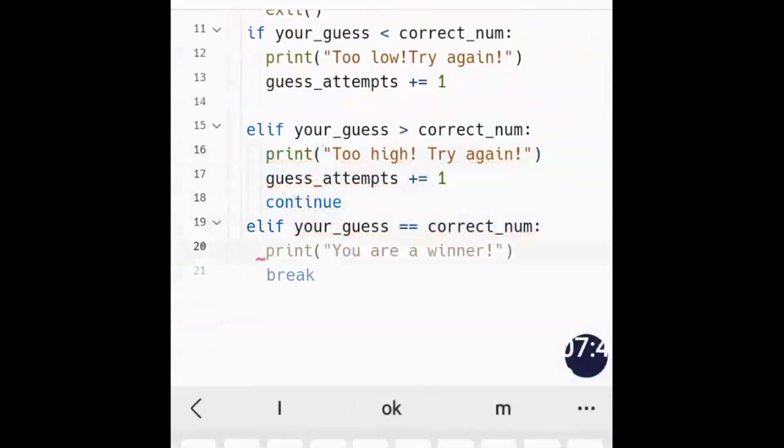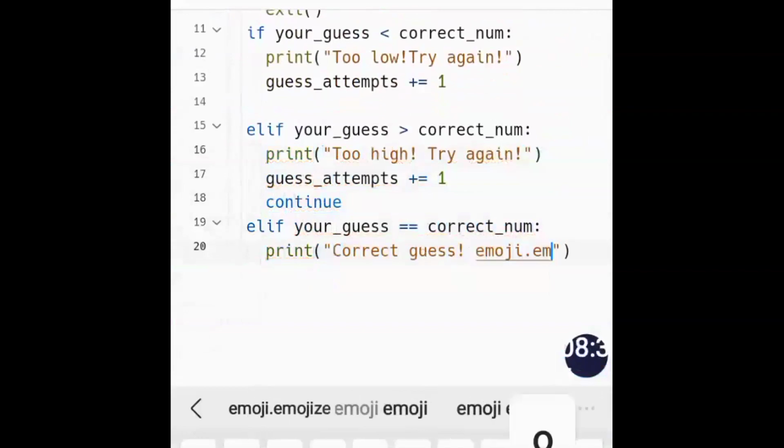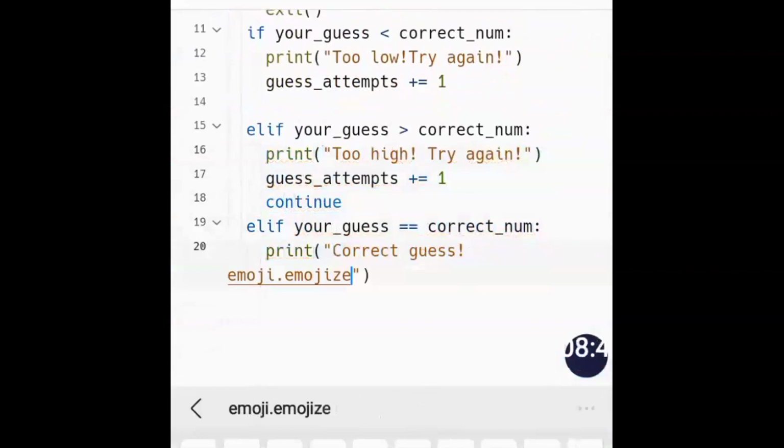Then elif, the next condition, your guess equals the correct number. So these are the options, right? Print okay, correct, whatever you want to write as a winning message, correct guess, or maybe you guessed it correctly, whatever you want to say. And then you can show a winking sign, a smiley, laughter, whatever sign you want. That's why we did this emoji. So the code for that is